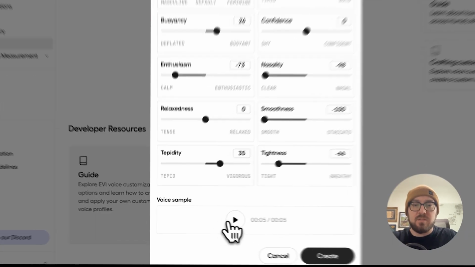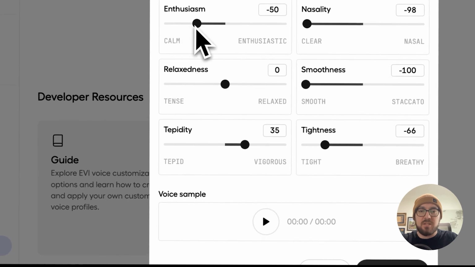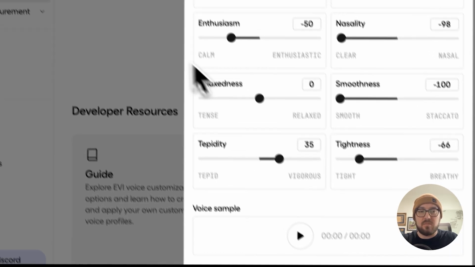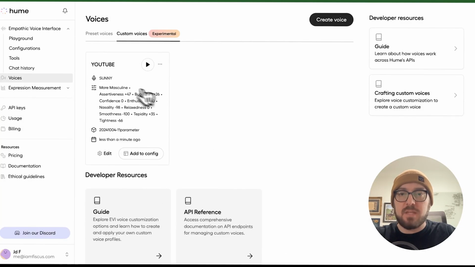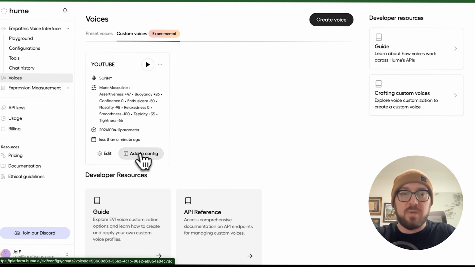And so one thing I noticed is if you're playing and you try and change it, it'll automatically stop because it's going to reconfigure and generate the new voice over again. So now what you can do is go ahead and create, and you have a voice, and you can either add it to a config right here, or we can go into the config